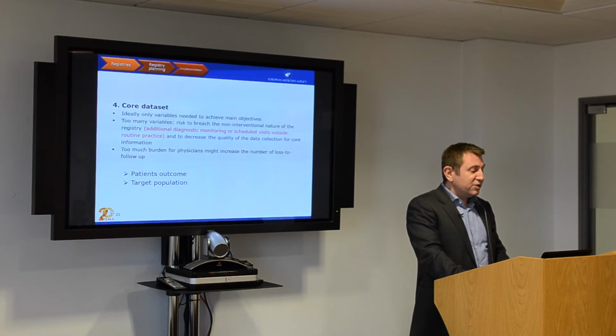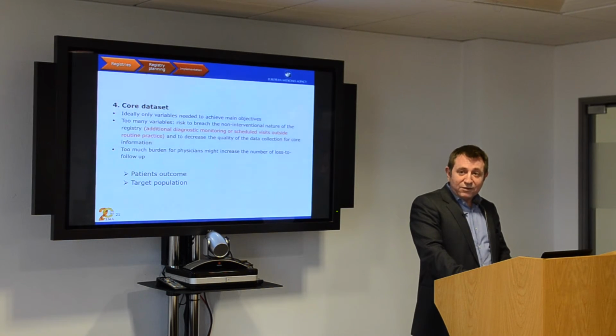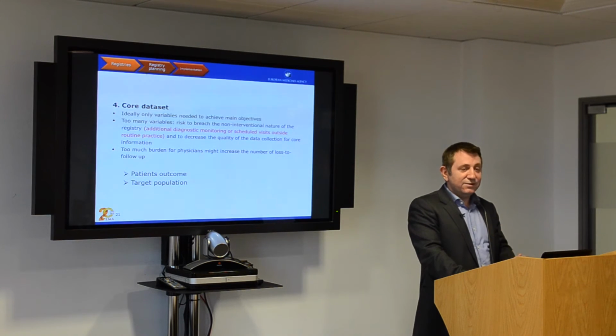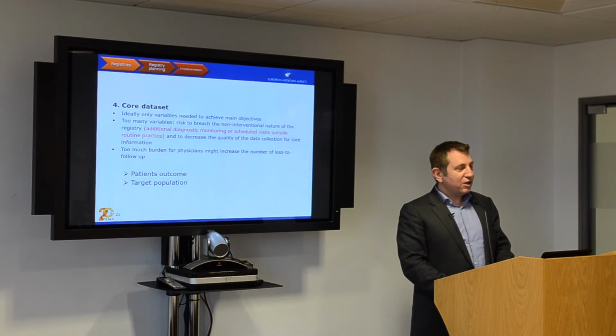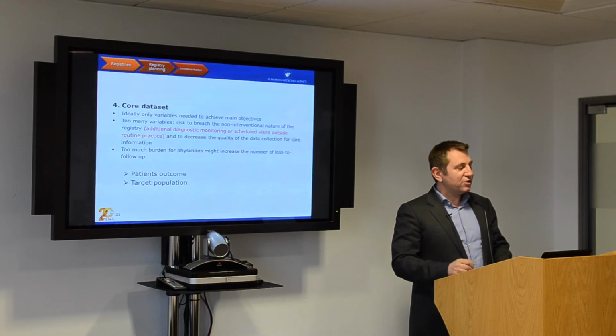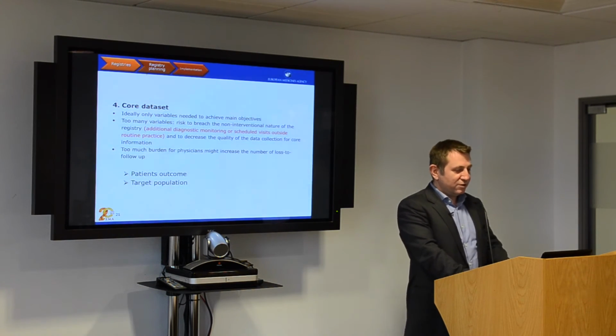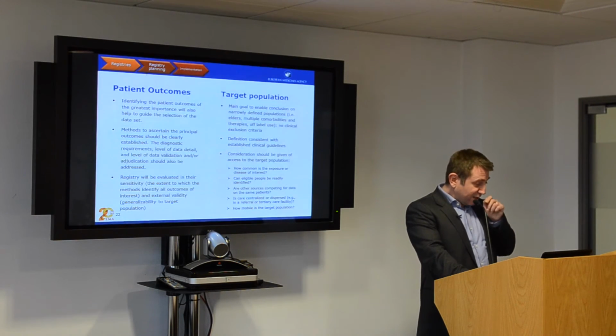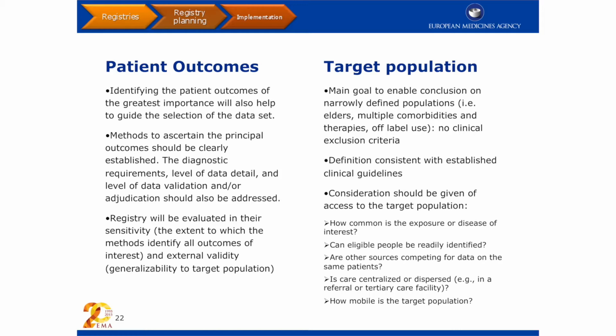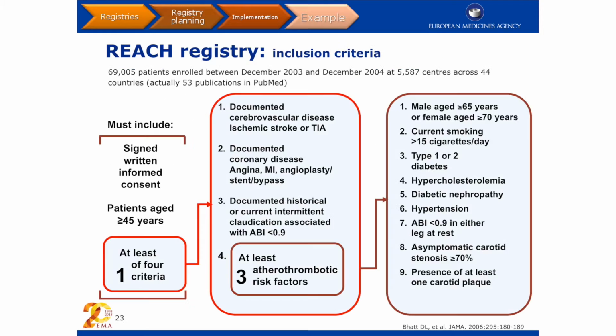Obviously, then, what you need to do is just to focus on the core variables, and be really focused on the variables that are needed to address the objective of the registry, because in comparison to clinical trials, obviously, data collection is less strict. So if you ask to fill in several pieces of information, you probably end up having less quality information in your data source. And clearly what you have to focus on more is patient outcome and target population. And in this case, I think there are not so many differences from what you need for clinical trials. This is an example that I have taken just to document the fact that registries obviously get very large